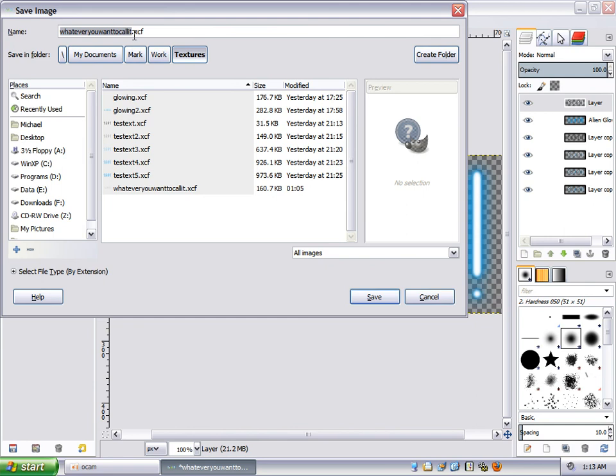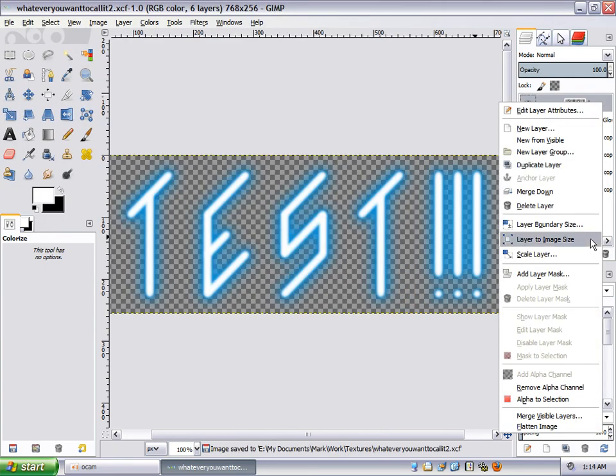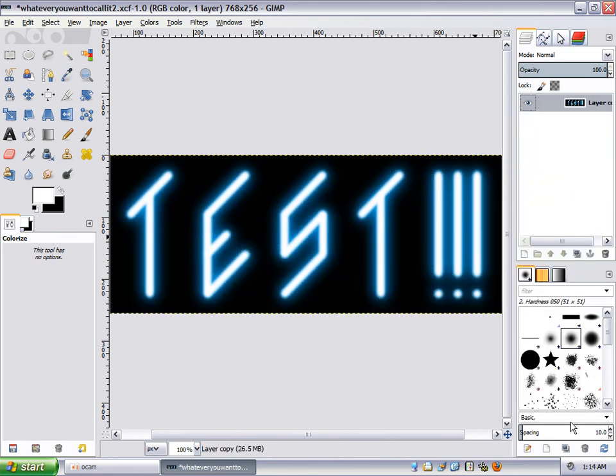Now, go to save again. And we'll just call this one number 2 of what we had before. And we'll save it. And I'm going to go ahead and we're going to see what happens if we flatten it, because I haven't gotten to this part yet. So we're going to go to flatten image and see what happens. Okay, so we're going to undo that,